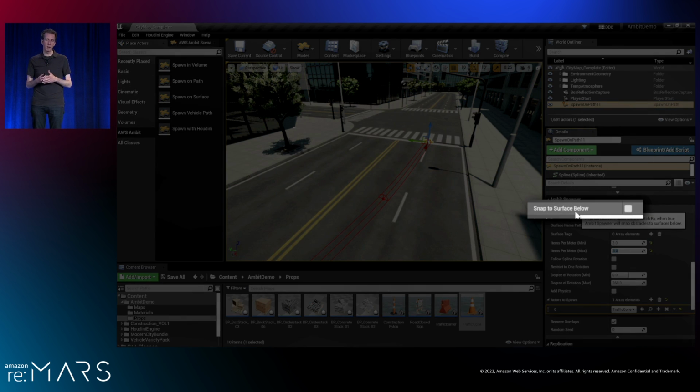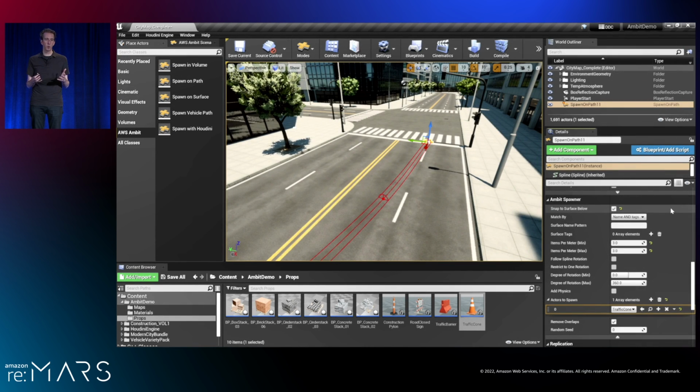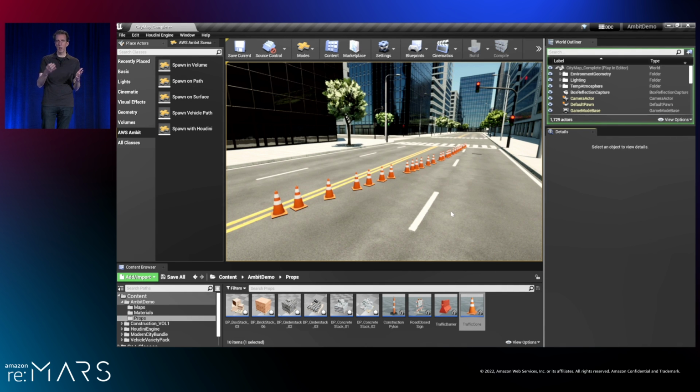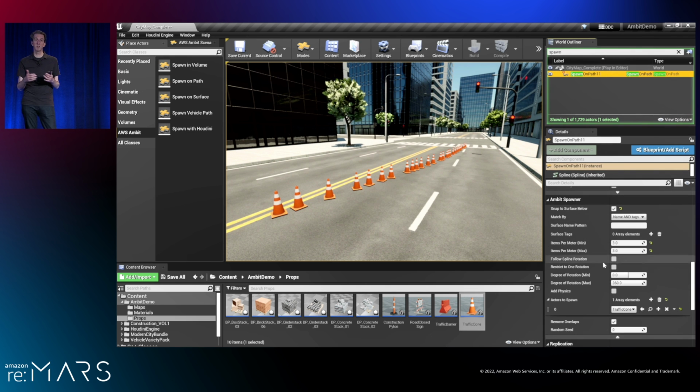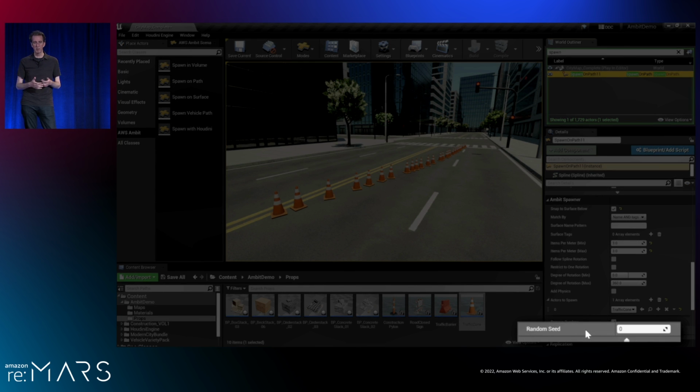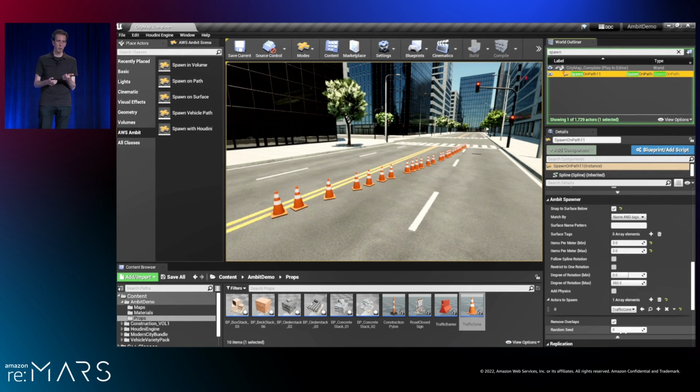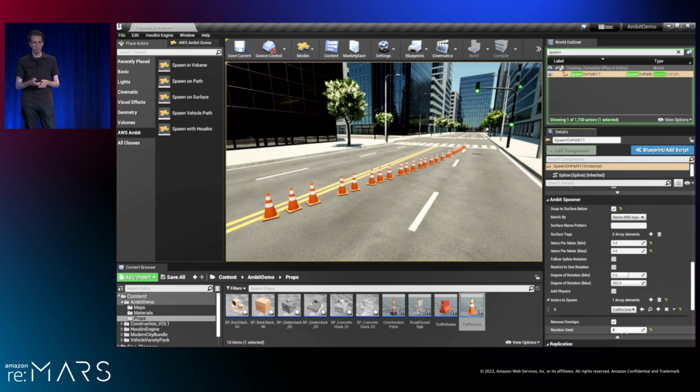And finally, we'll turn on the snap to surface feature. This is great for when you're trying to place things on uneven ground because it will assure that the elements always sit well on the ground. So now let's preview our scene, and you'll see right away it took care of laying out all of those cones for us. But where the real power of Ambit comes in, in addition to making things like this easy, is making it easy to generate many different variations of the same common setup. So we do that by adjusting the random seed value, which is a deterministic value which will always result in the same random variation. So by entering a new value, I can create unlimited different variations of that particular tool.